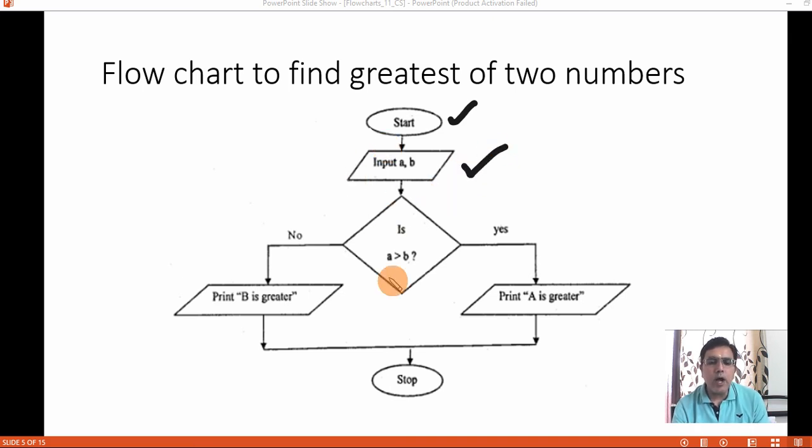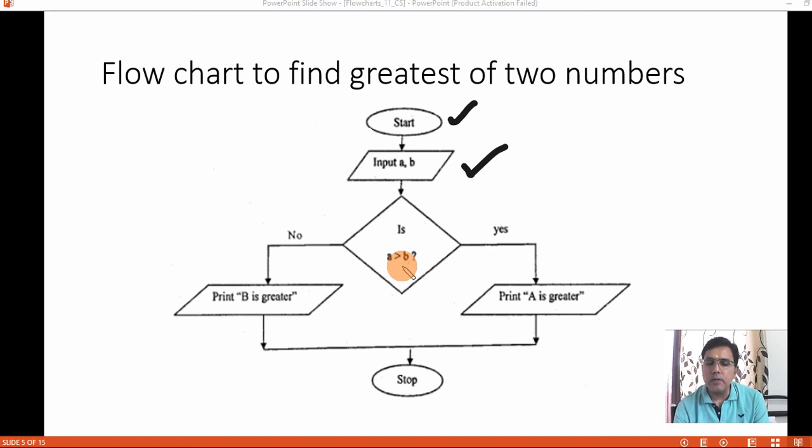After reading, now you have to compare. Whenever you have to do any kind of comparison, that is done in a rhombus. Now this rhombus will have two outputs, because this comparison can return either true or false.